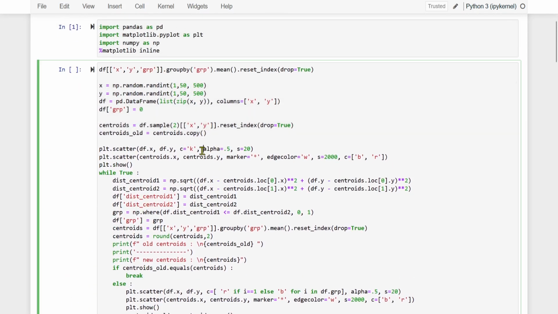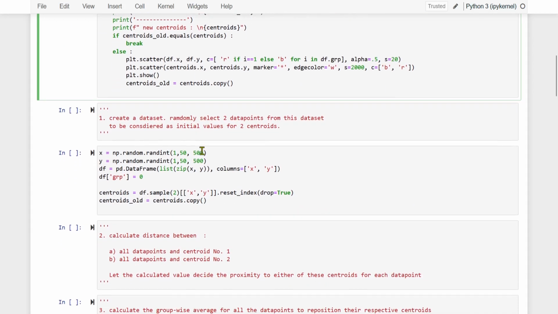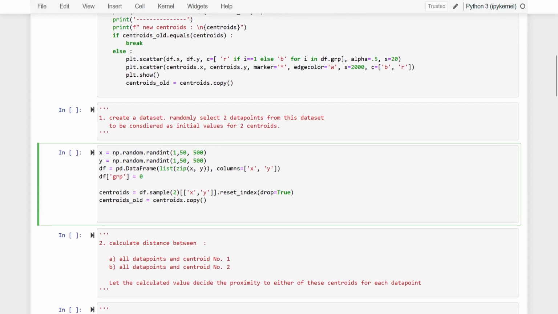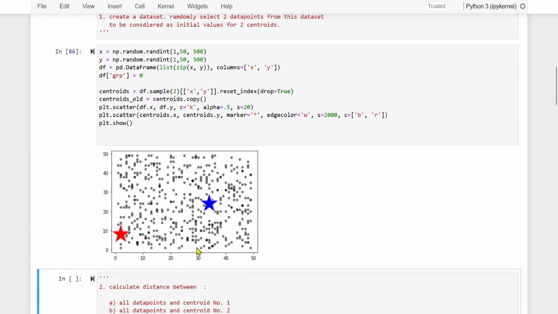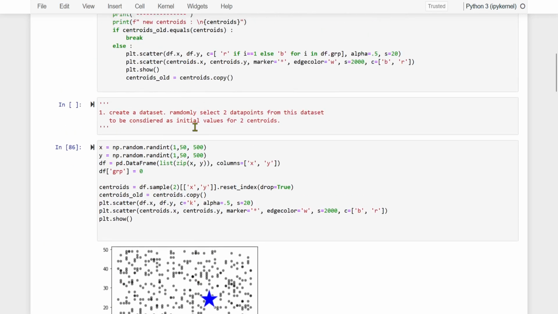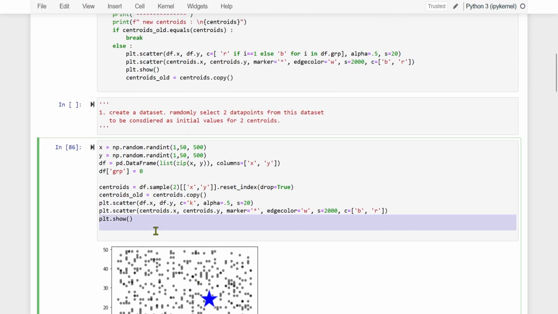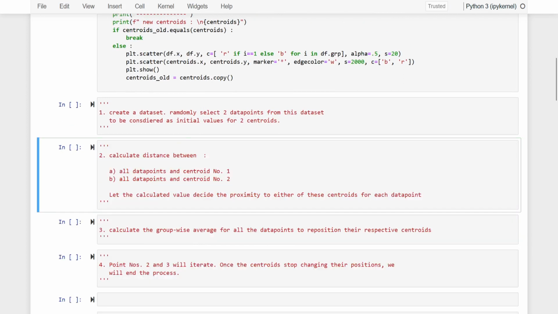last but not the least, draw a scatter plot for this data. What? D of x, D of y. That is, a scatter plot for the data set, and a scatter plot for those two centroids. Run it. This is how it looks. Great. So point number one is taken care of, and we will remove this so that this place is not looking